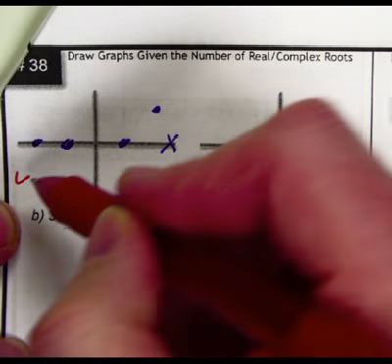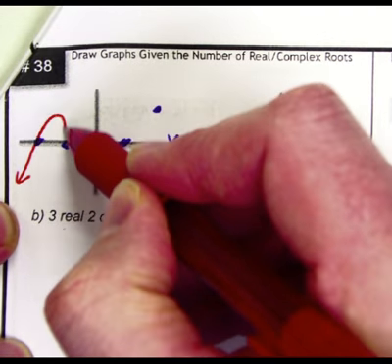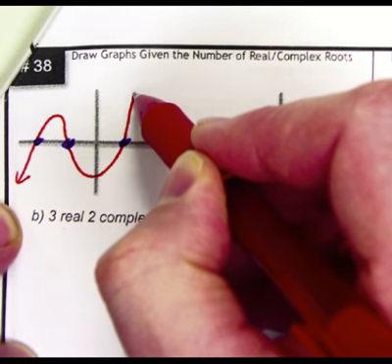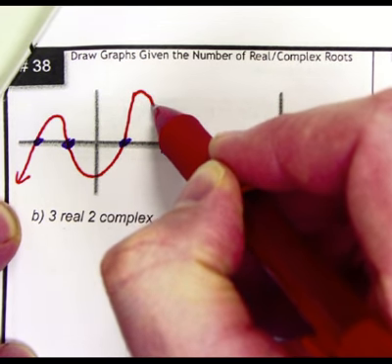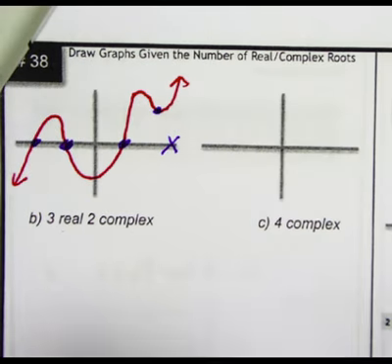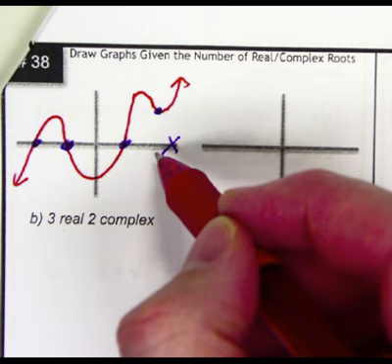I'm going to put an arrow down here. I'm going to hit that 1. There's 1 real, 2 reals, 3 reals because I've hit it 3 times. And then it's going to come up, and I'm going to have this thing come down and parabola at that point because that's going to give me 2 complex roots because I have a parabola type shape that's opening away